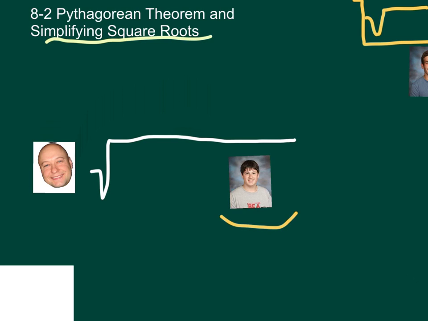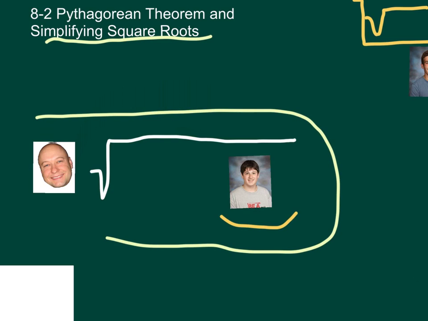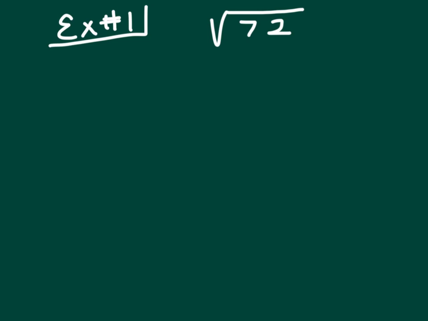So this little story is about how you're going to simplify square roots. And the idea behind it, I'll explain why it works, but the idea behind it is you're going to need two people or numbers to become the same number, and then they're allowed to break out of jail. So, how does it all work? Well, here's how it all works.